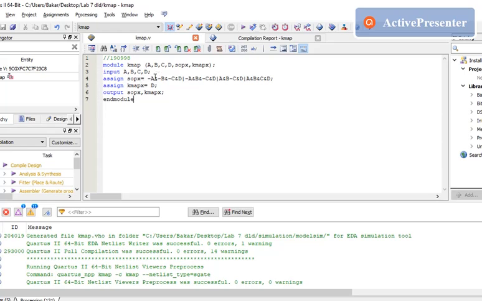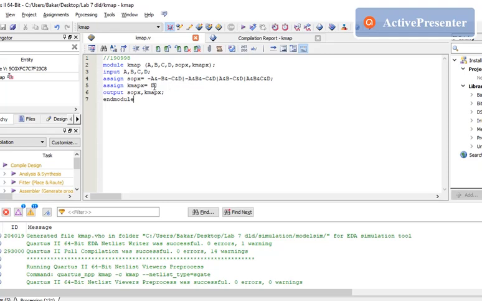You can see the expression here. The negative sign represents the NOT of a variable, the ampersand represents the AND operation between two variables, and the straight bars represent the OR function between two expressions.